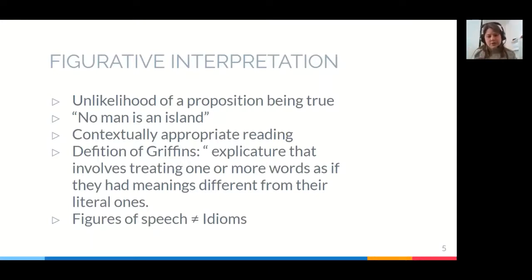What other interpretations, what other different meanings can the word island mean? And then he also points out that figures of speech, the ones we're going to explain here, irony, metaphors, metonymy, similes, they are not idioms. Why? Because idioms have to be learned. And figures of speech, you can connect and interpret and come to an interpretation. And usually we are not going to have only one interpretation.